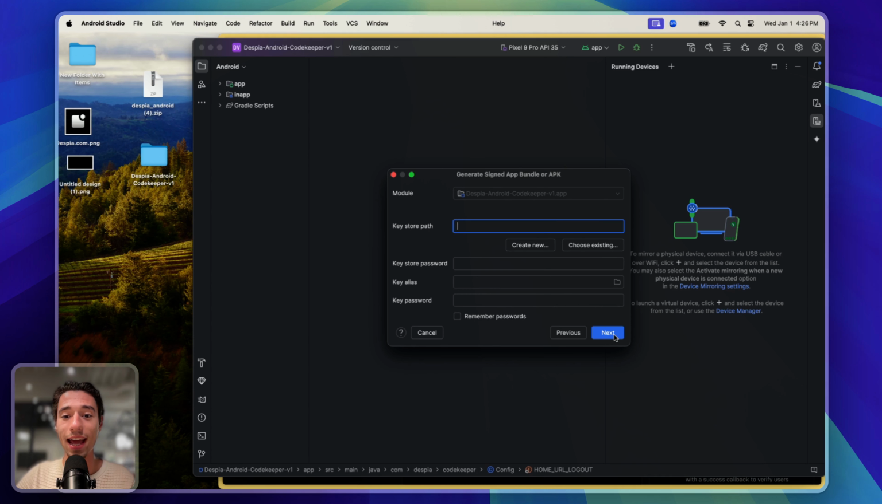So we're going to go on next. And now here's where it gets quite confusing for Android. You do need to have a key store path. Now, if you're using Despia to make an update to your existing application, you want to now choose your existing